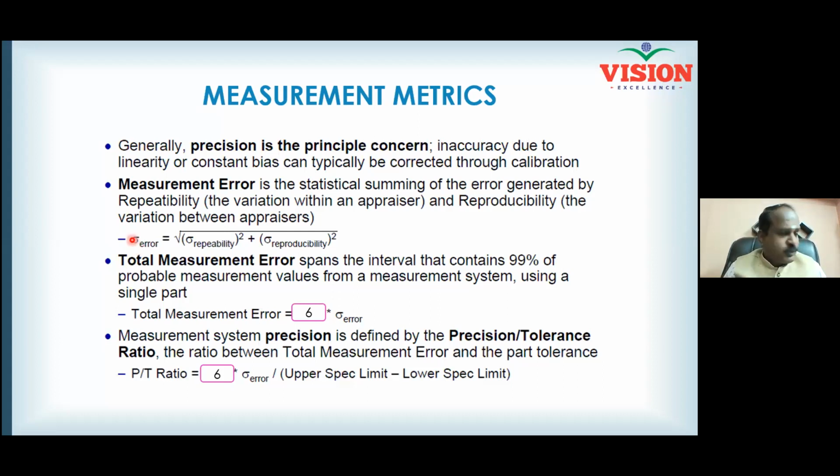Standard deviation, you have to square, and then you have to add, and then you have to take the square root. That is how you can combine two standard deviations. Your normal algebra will not work, and so sigma of the error is calculated. Once sigma of the error is calculated,